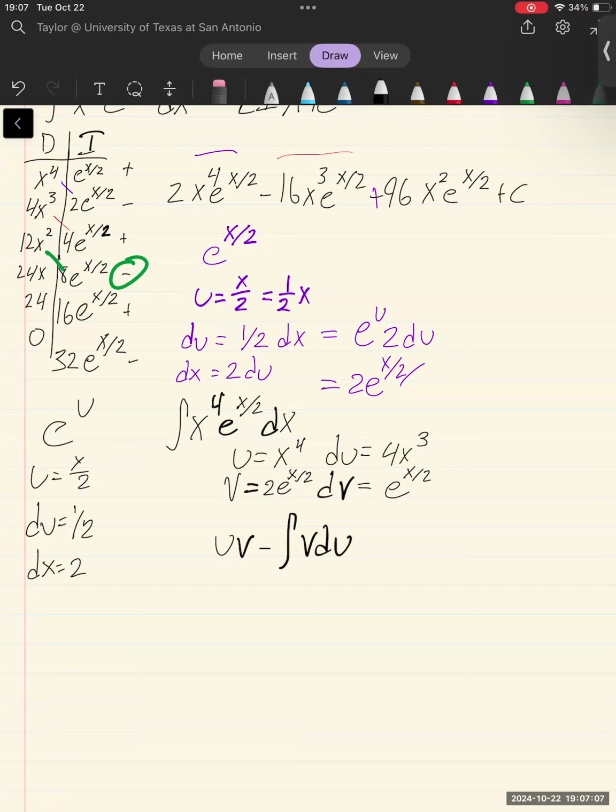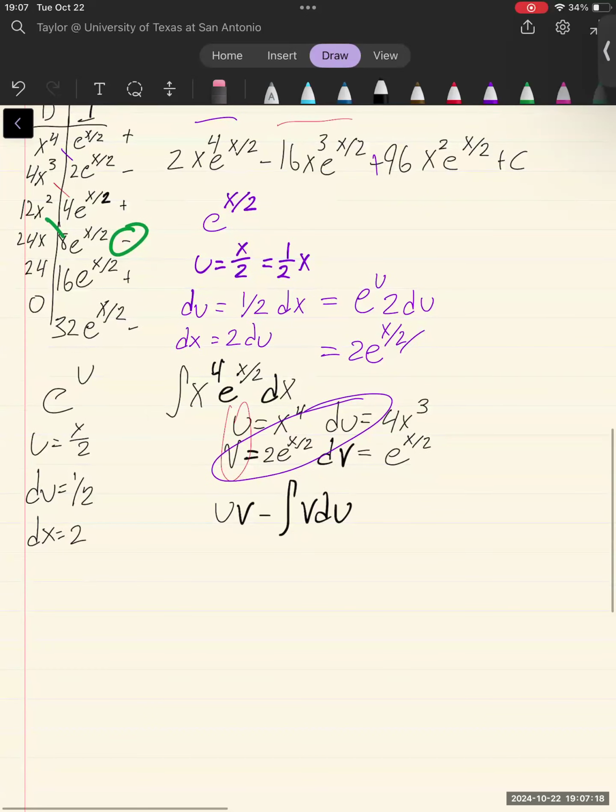An easy way to remember is I'm going to circle these two, and then circle these two. Now I can just fill in with my expressions from my circles. So then I've got 2x to the fourth e to the x over 2 minus the integral of